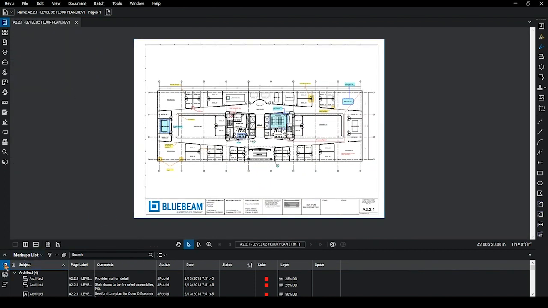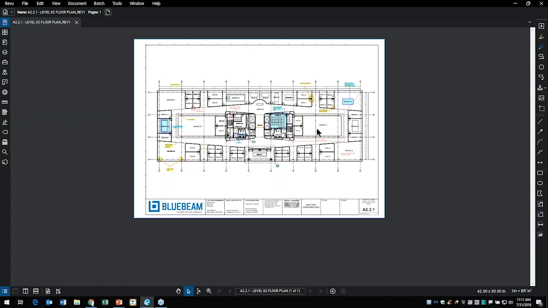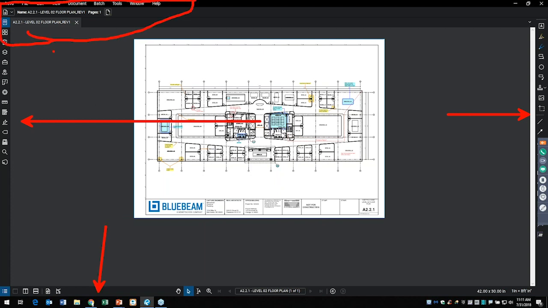For those of you who are new to the product, there are a set of panels on the left side and panels on the right side. That is not what an arrow looks like. Let's try that again. There are panels on the left side. Here we go. Panels on the right side. You can also have down at the bottom the markup list, and at the top, if you are coming from